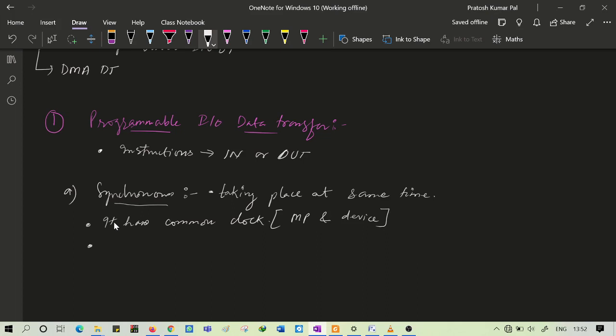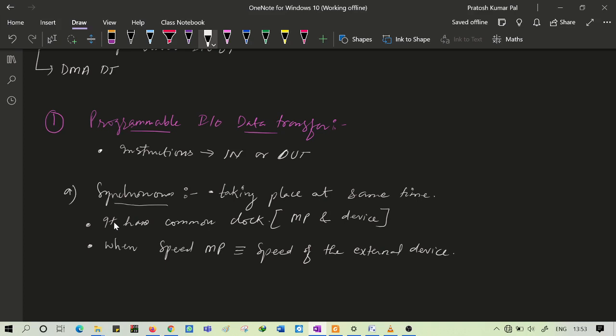Okay, the next one is, this synchronous type of data transmission will only be taking place when the speed of the microprocessor is similar to or equal to the speed of the external device, or we call it a device. If the external device has a similar speed to the microprocessor, then only the synchronous data transfer will be taking place.